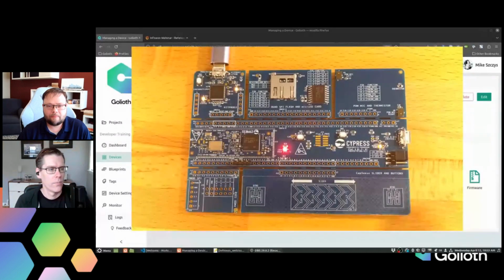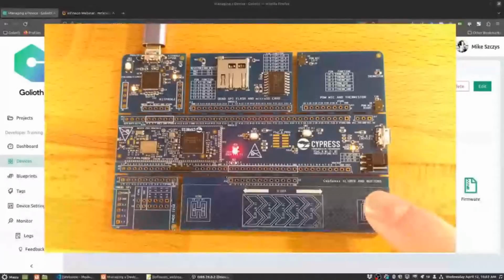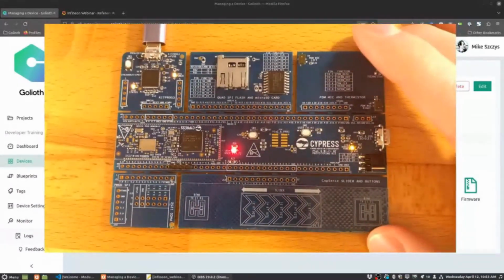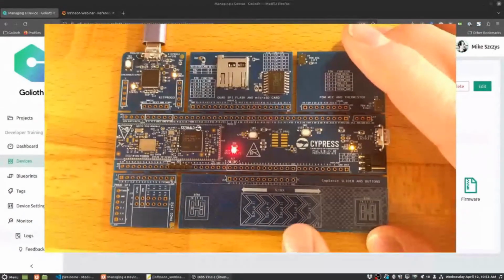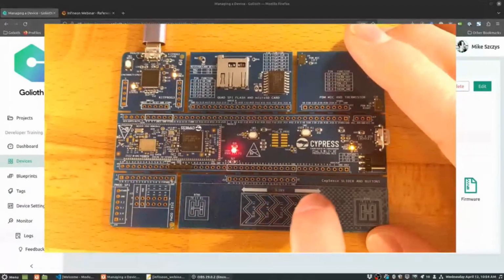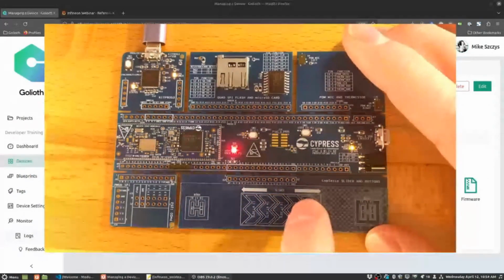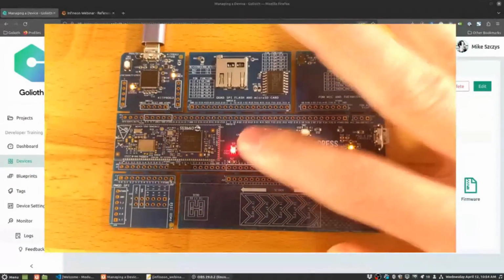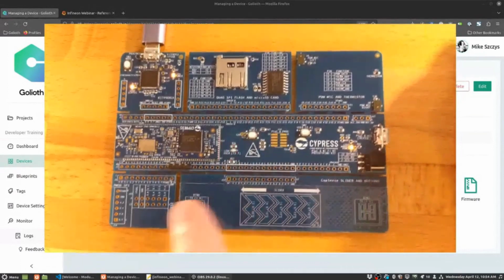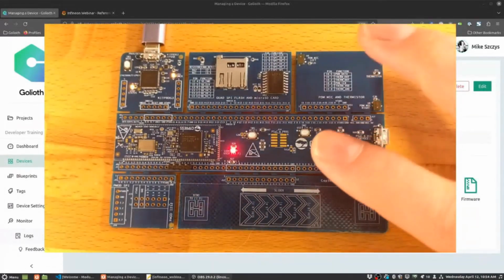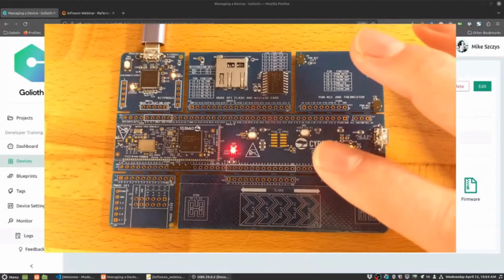The device that I'm working with today is the PSOC 6 Wi-Fi and Bluetooth prototyping kit. Here it's running an edited version of the Golioth example from Modus Toolbox. I've added to it the CapSense example so that both work together. That CapSense example enables this slider that will dim the LED. It also enables the buttons to turn off and on that LED. And by putting the two of them together, I've taken the data from the CapSense and I'm sending it up